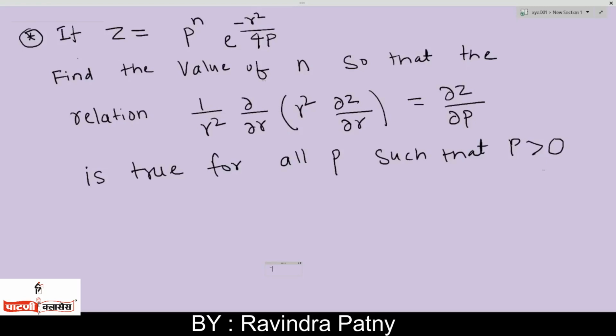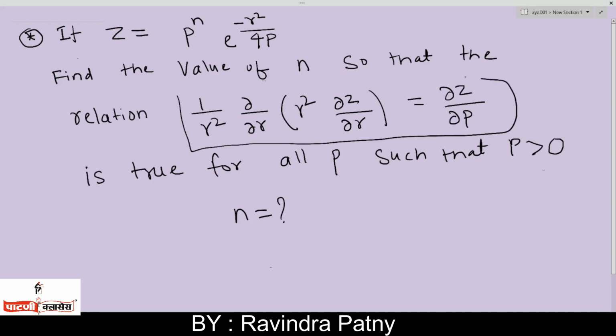If z equals p raised to n into e raised to minus r square upon 4p, find the value of n so that the relation 1 upon r square into ∂/∂r of (r square ∂z/∂r) equals ∂z/∂p is true for all p such that p is greater than 0. In this question, we need to find the value of n and we have to use the relation